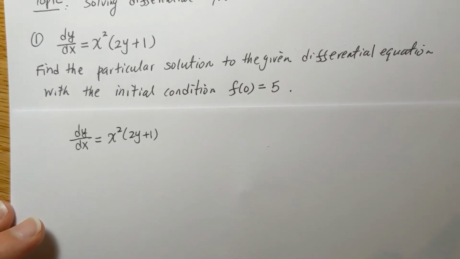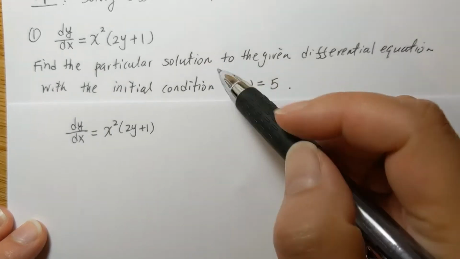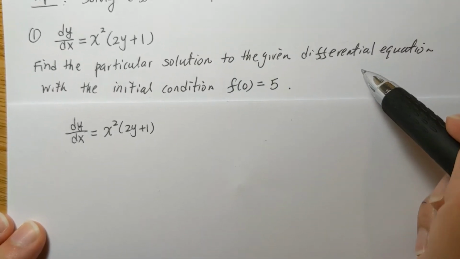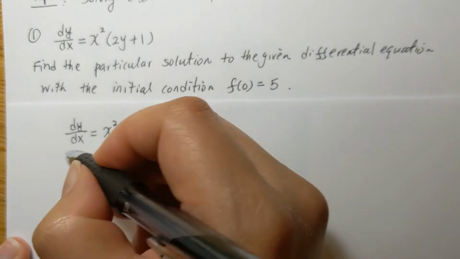So let's take a look at question number 1. We have a differential equation given to us. We have to find a particular solution to the given differential equation with the initial condition f of 0 equal to 5. So step number 1,